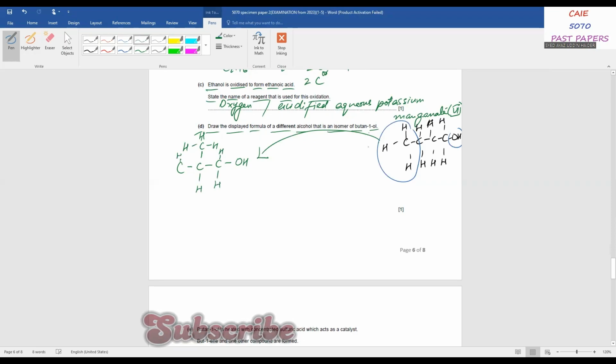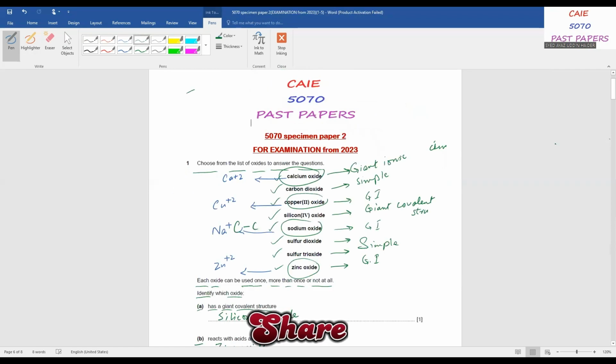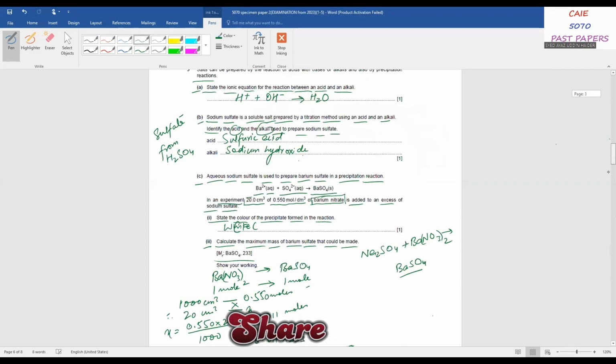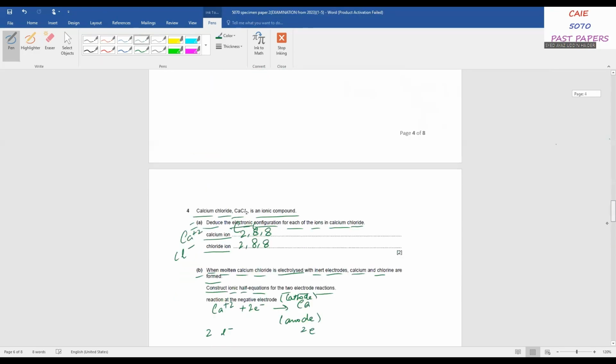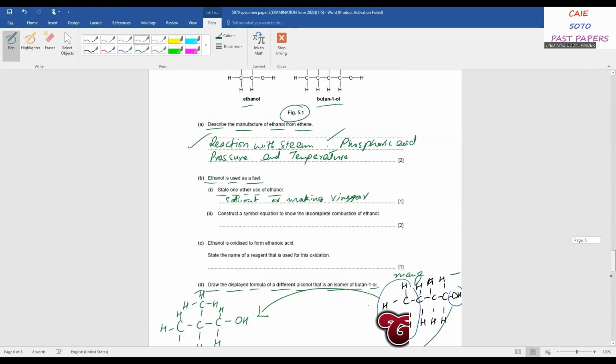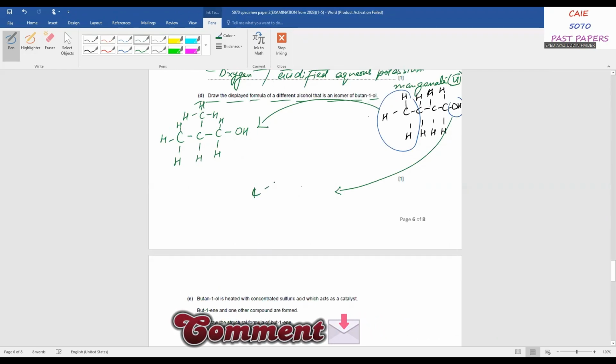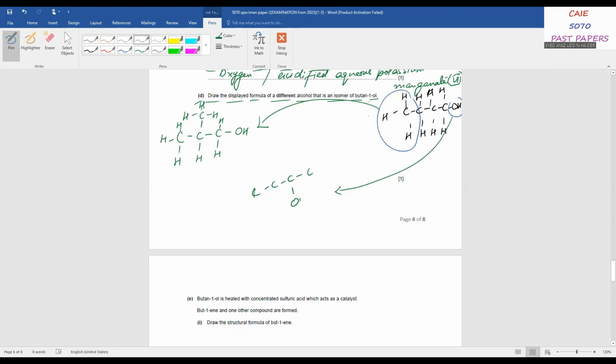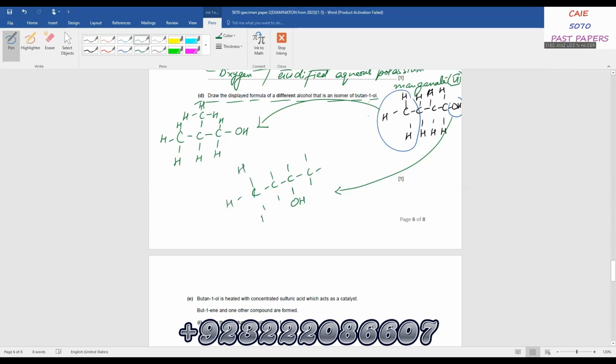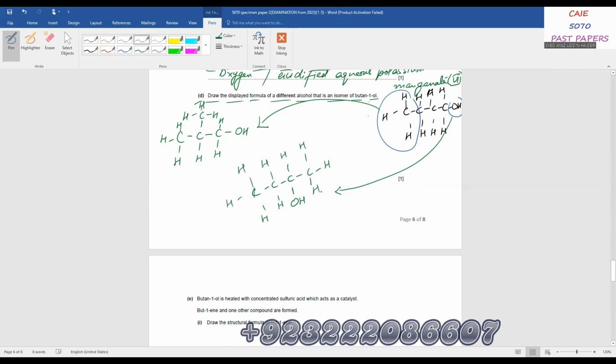Now if I change the position of the functional group, that is OH, what will I get? I will get this. C1, 2, 3, 4. I'm changing the position of OH. You can place it here and place hydrogen. These two are possible isomers of